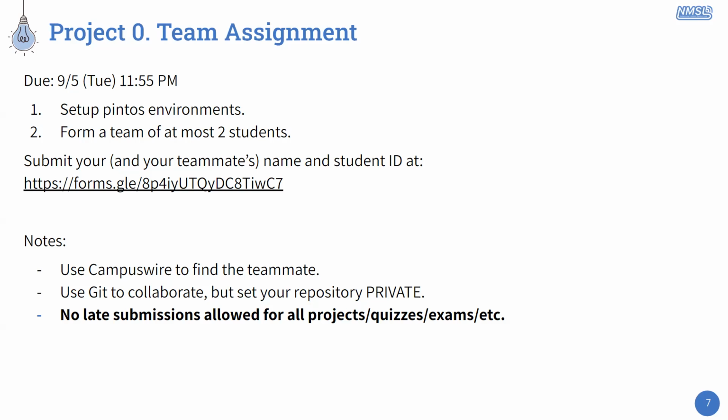Okay, so please submit your team assignment by next Tuesday, 11:55 p.m. If for some reason you still can't find a team, then we might announce it. And you guys can go to